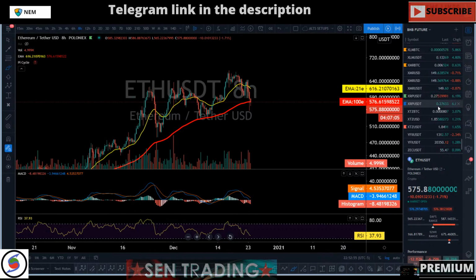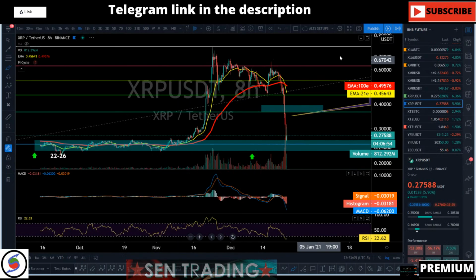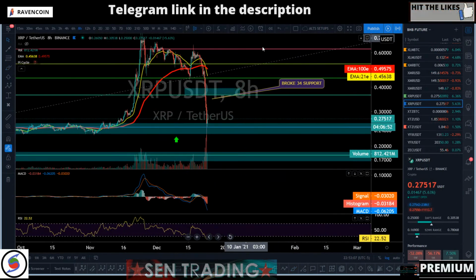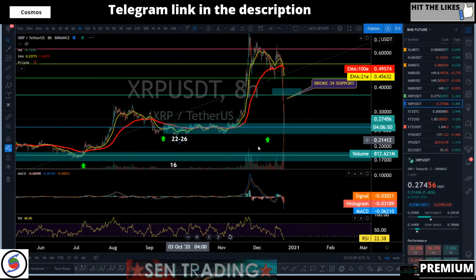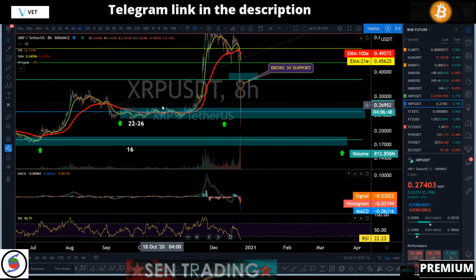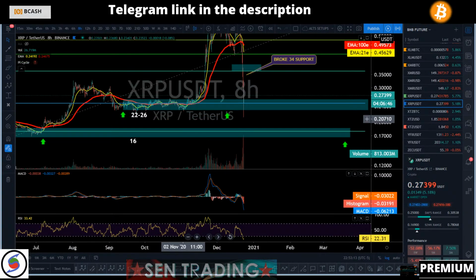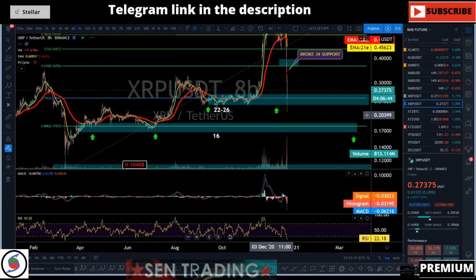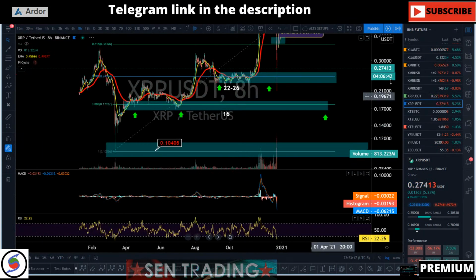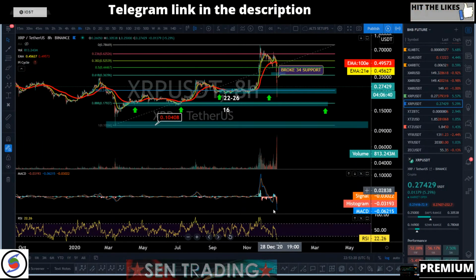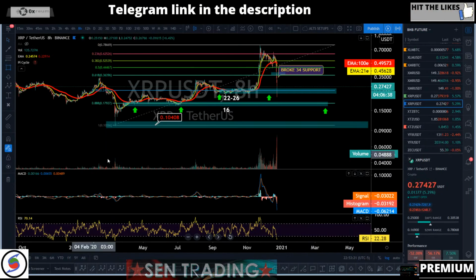If you're looking to buy the dip, you know exactly what to look for. Support 22, 16, 10, 6. Those are the support levels to look for. It's pretty easy, you don't have to do anything. Support is 22 to 26, then you've got 16 as next support, then 10, and after 10 you know exactly what to look for: 6 cents macro.